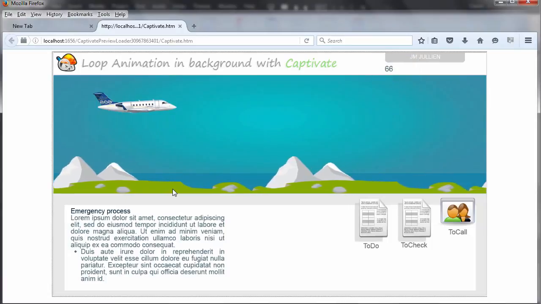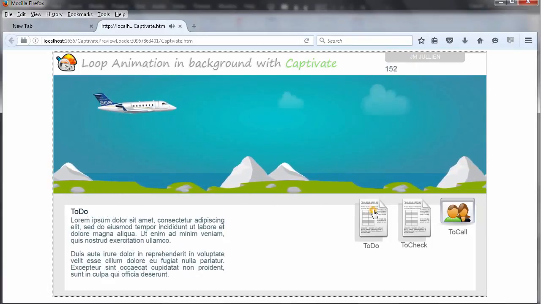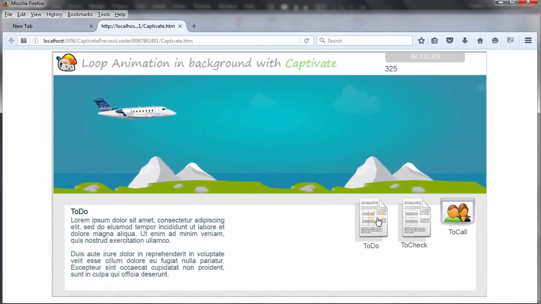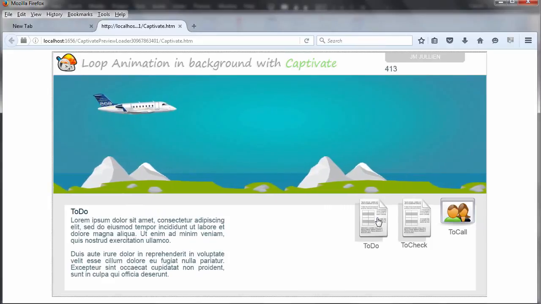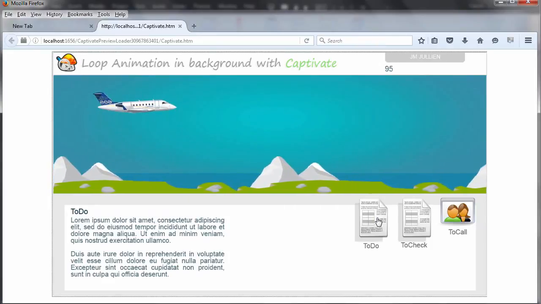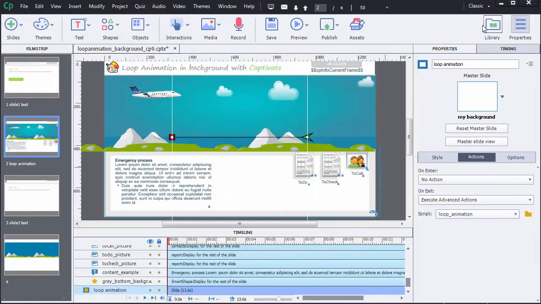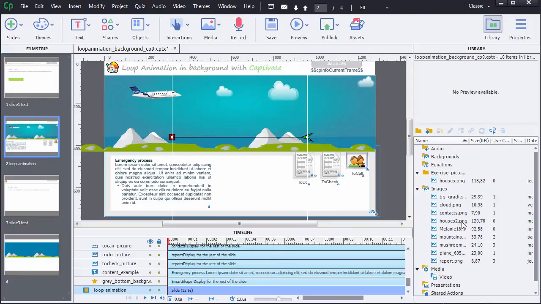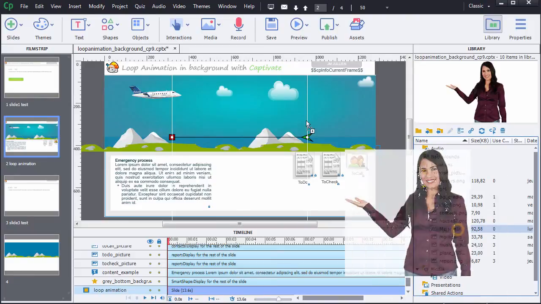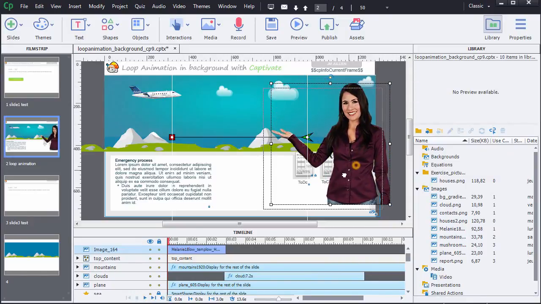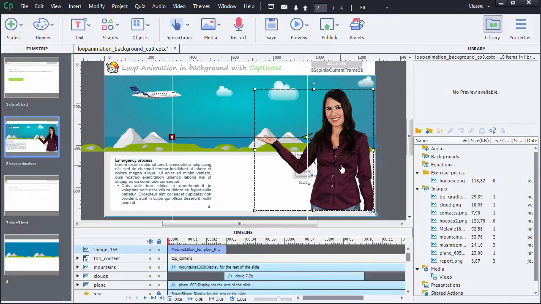With this animation, we can add interactions, buttons, and whatever we want below or around according to the objective. I have put buttons here, but there are many other possibilities. For example, I could have added a character in the foreground in front of the animation. If I do that quickly to show you something else, I'm going to insert a character. Place it on the right. Display it for the rest of the slide.